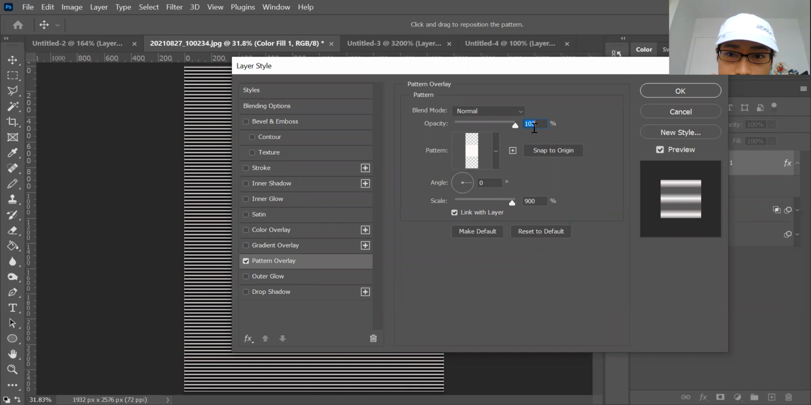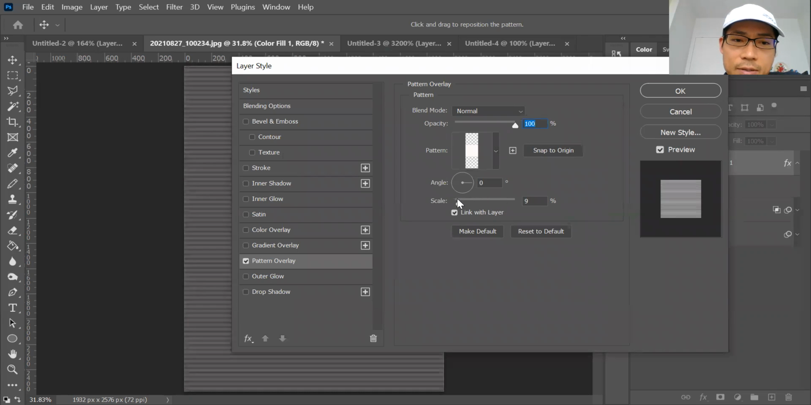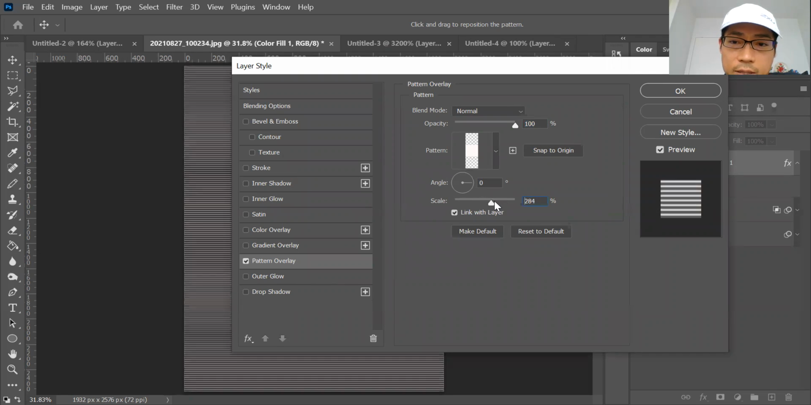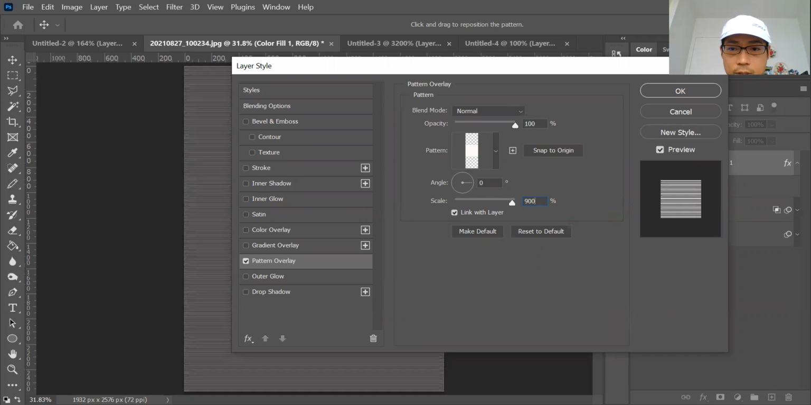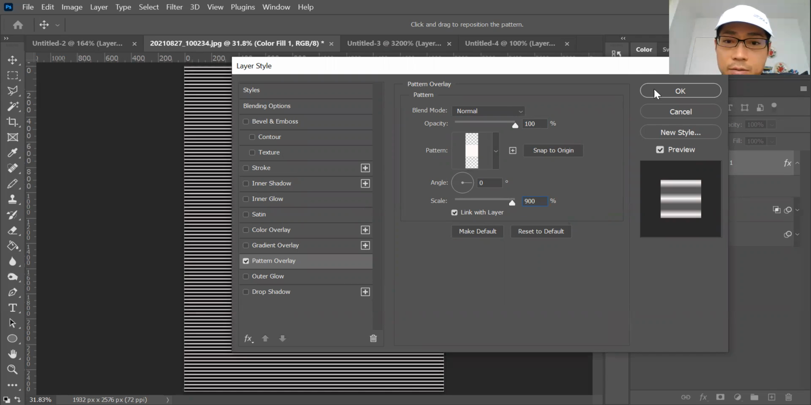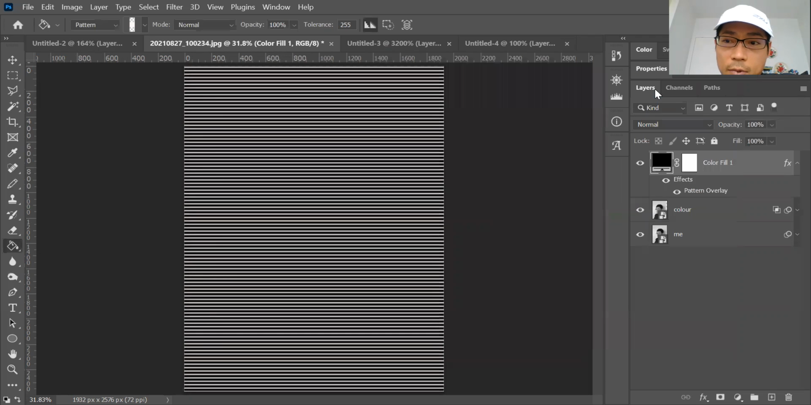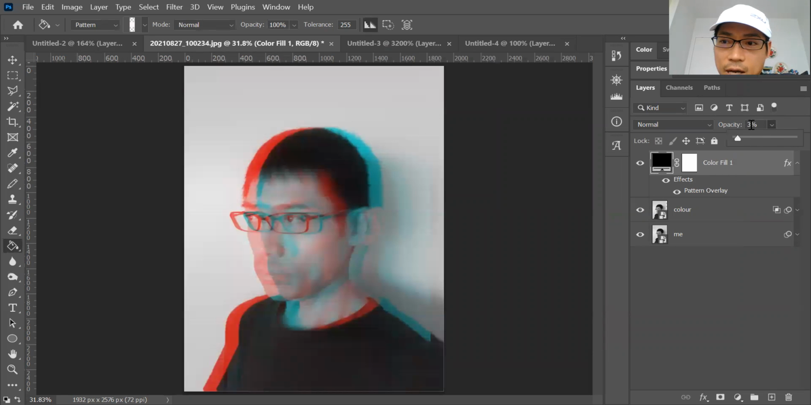The opacity is 100% still, and make sure 900 is a big number. You can change its size, but if it's really tiny, you can't see much. Okay, let's go back to 900. Then okay, go. Now I can't see it, so change its opacity. I would say 3 to 5%. Now you can see